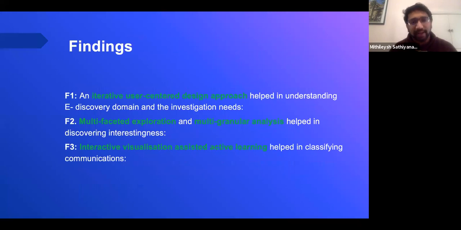And again, the most important part of the whole research, or in terms of developing solutions, is the findings as well. And it's something very similar to the objectives. Using an iterative user-centered design helped us in understanding the domain as well as the investigation needs of a healthcare professional. E-discovery is something I didn't want to bring up, because this has to do with healthcare compliance. We call it e-discovery and digital forensics. I don't want to bring that topic into this picture because I'm not supposed to expose that information for now, but of course I will be able to explain it sometime later.